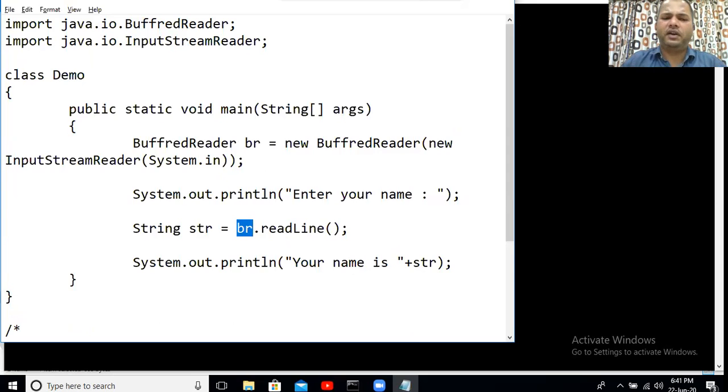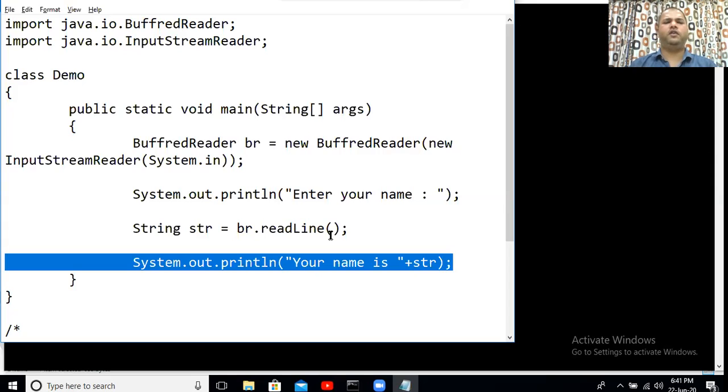The BufferedReader class contains this readLine method, which is used to accept everything that you type on a single line until you press the Enter key. So br.readLine is going to accept all the data that you enter on a single line. That entire data will get stored inside str, and then finally we'll be printing the value of str on screen.